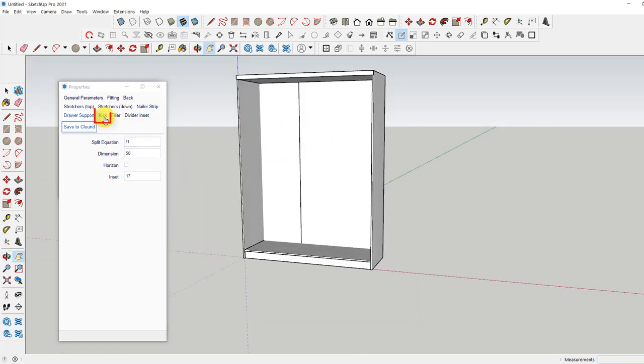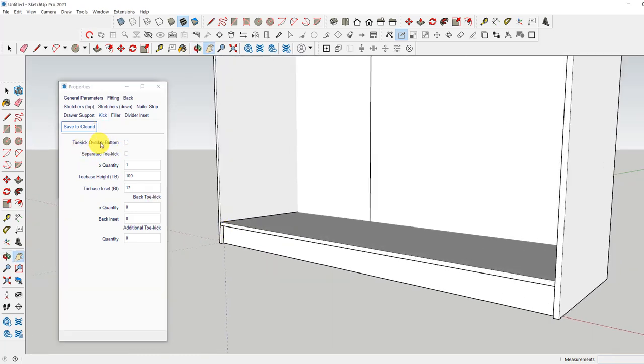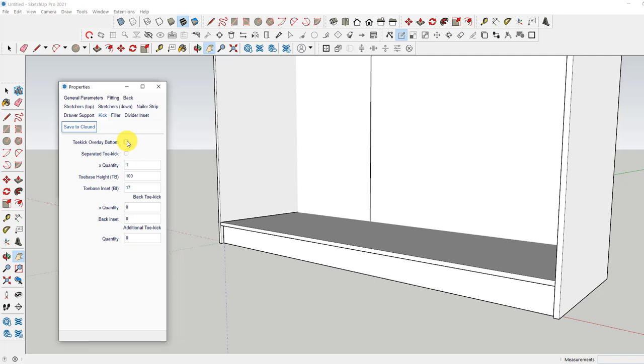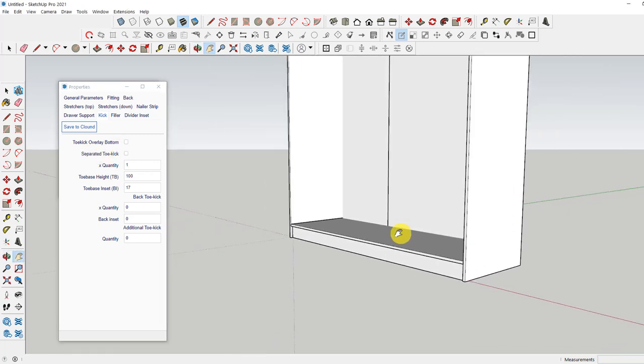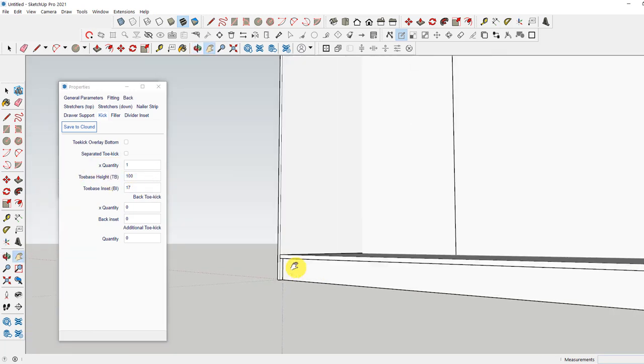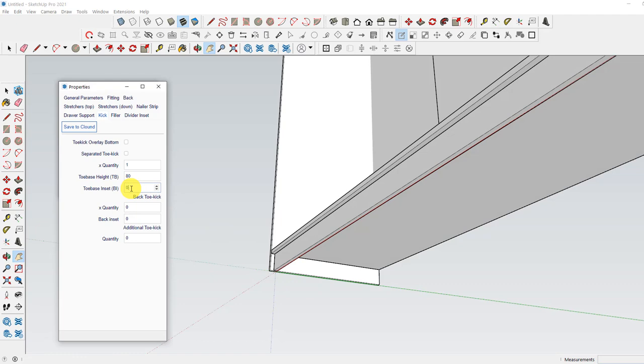Next, it's toe kick. Toe kick overlay bottom, then tick the box, or the bottom overlay the toe kick, untick it. And if we use a separated toe kick, then tick here. You can add more toe kick panels. Toe base height 80. Toe base inset 0,